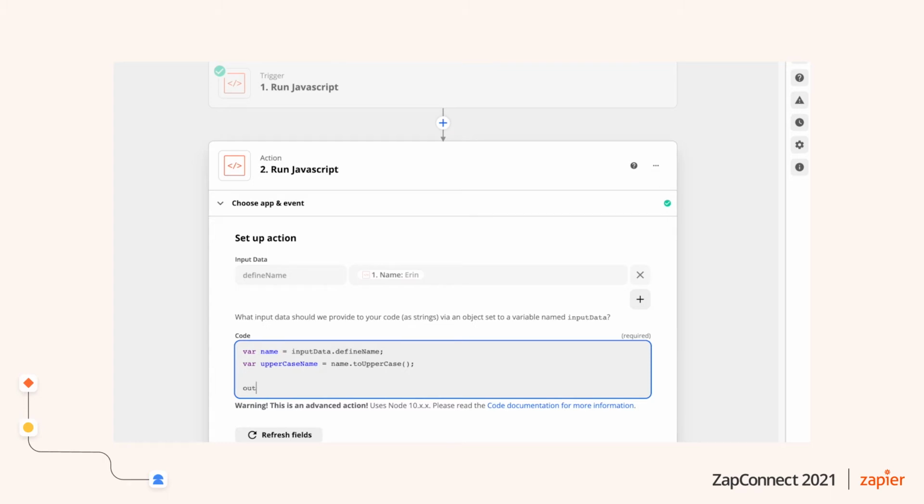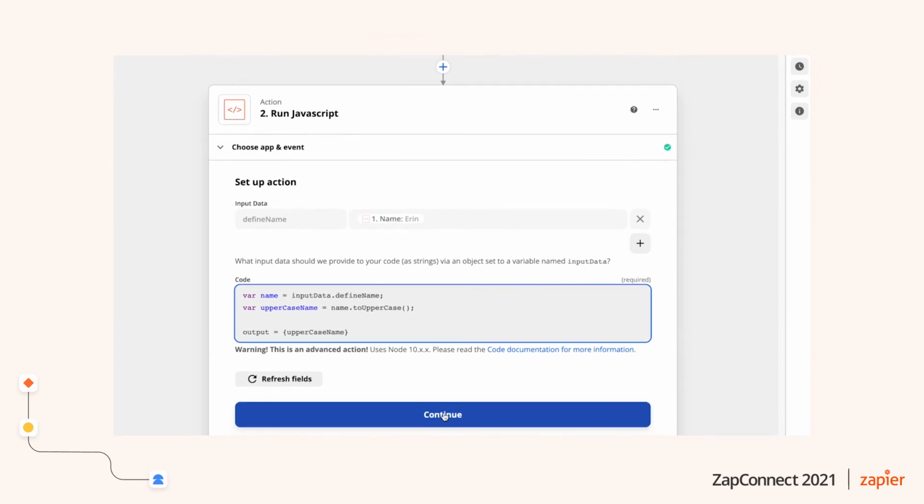So now that's all well and good, but now I want that to actually appear in the output of this code step. So the output of the code step needs to be an object or an array of objects. So in order to create my object, I'm going to use that curly brace. I'll say uppercase name, curly brace. So what I've done now is I've created an object that's going to have the value of what was saved here, or in other words, the uppercase transformed version of this, and that's what's going to be the output of my code step. So I'm going to hit continue,